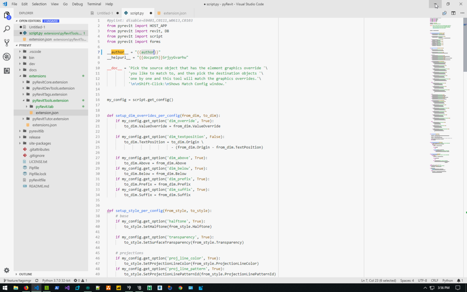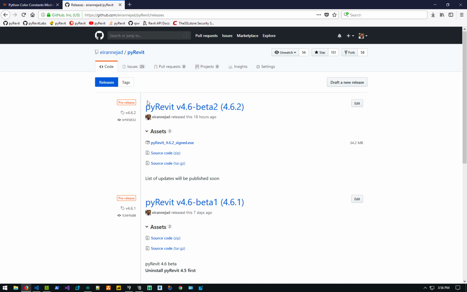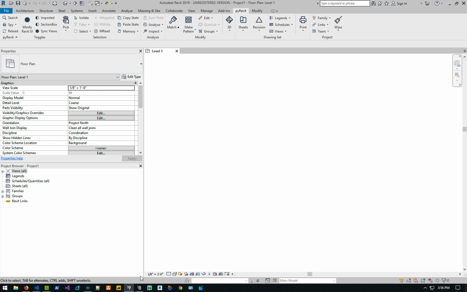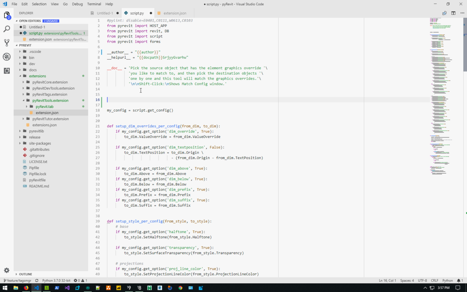It doesn't work on every run because these are variables that pyRevit looks at during load time. So when you're launching your Revit and pyRevit is loading, it looks up who's the author, what's the help URL, sets up these buttons and stuff like that. It also happens at every reload, but not at every run of the tool. So you can't really use this templating right now to put template code inside your scripts and stuff like that. If that's a helpful feature, let me know and maybe we can extend it in the future